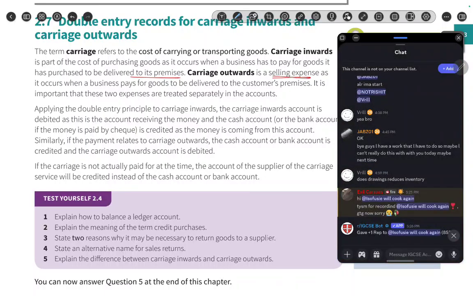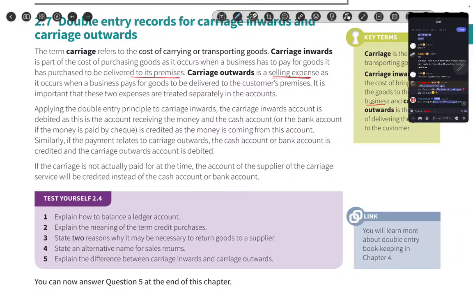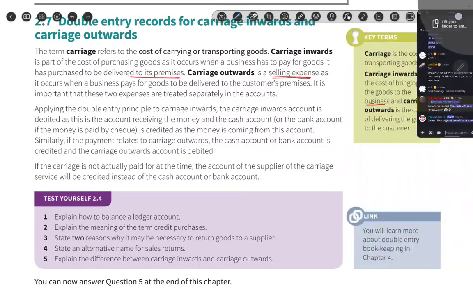Oh, you changed your name. I tried to ping you and all, but alright, good luck, we'll take care. Anyways,